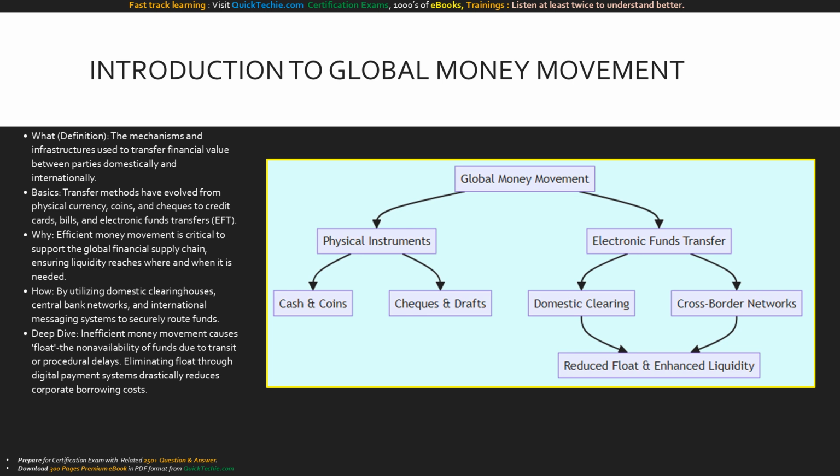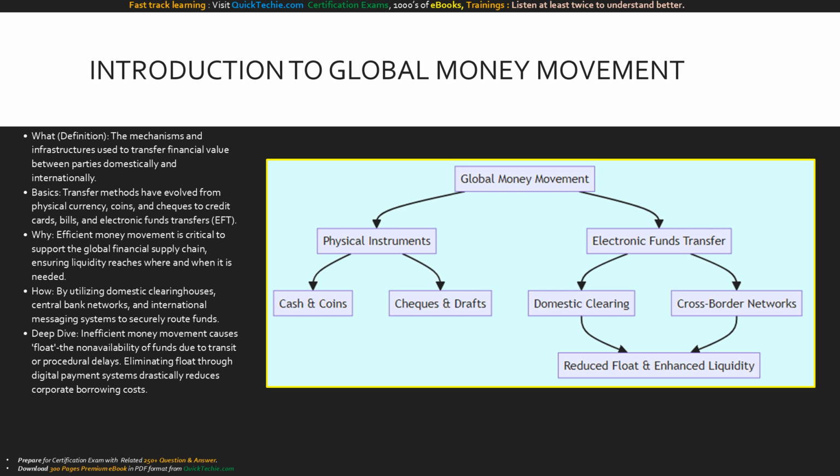In this training, we will dissect the architecture of these payment systems, giving you the deep domain expertise required to optimize global liquidity and mitigate financial risks. This flowchart illustrates the evolutionary mechanisms of money transfer. We start at the top with global money movement, which branches into physical exchanges like currency and checks on the left, and modern electronic funds transfer on the right. Notice how the digital nodes act as accelerators for global commerce, flowing directly into our ultimate objective, reduced float and